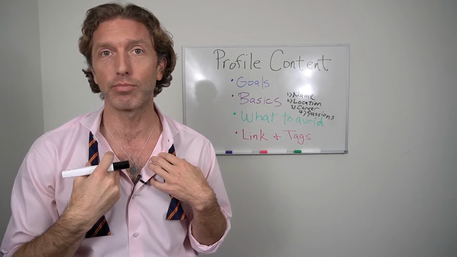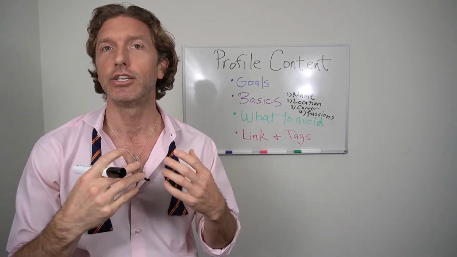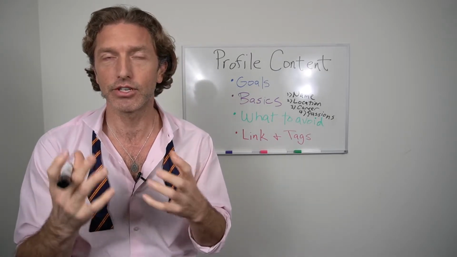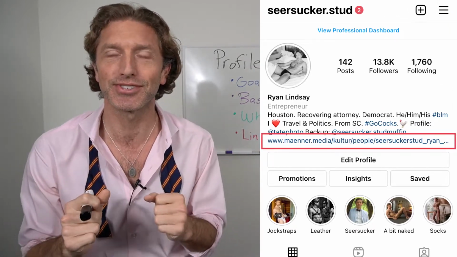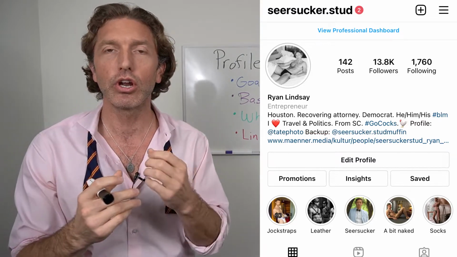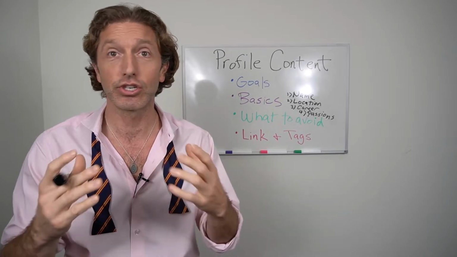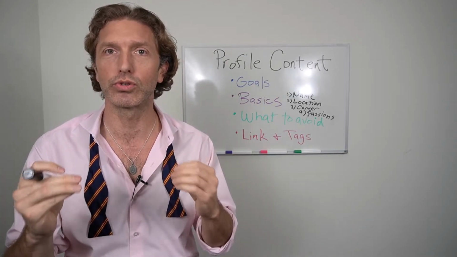If I want to draw people to my blog, I'm going to put my website, my blog address. Currently, you can alter this, I'm featuring a European magazine that put some of my thirst trap pictures in. I'm really proud of it, and I think it kind of elevates what I'm doing. So, you can change this up, but for the most part, your standard link should always just answer the question, where do I want to send people the most?